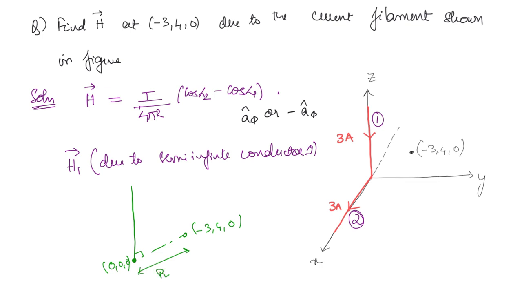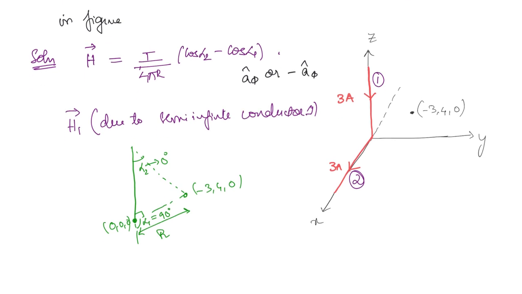And what about alpha 1 and alpha 2? You have to join the end points of the conductor. Here this is alpha 1, which is 90 degrees. And alpha 2 tends to 0 degrees for an infinite length. So now we have the values of alpha 1, alpha 2 as well as r. So you are going to get H1 bar